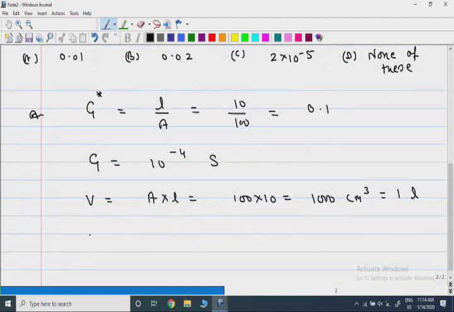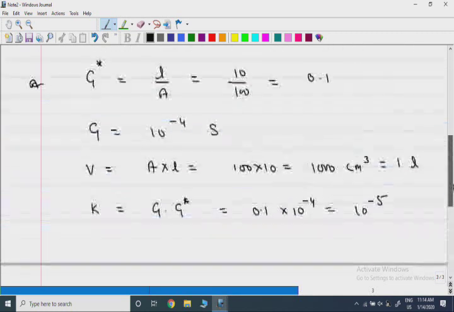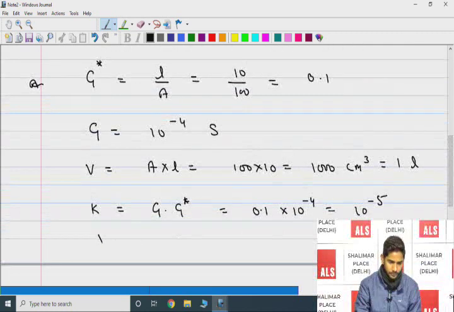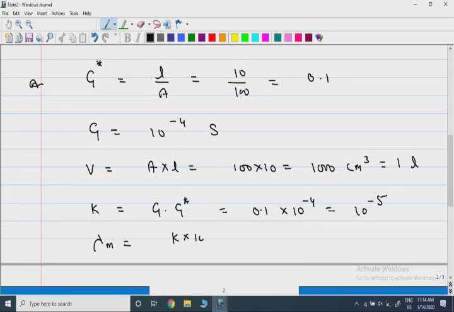Now simply calculate the kappa, which is G into G star. 0.1 into 10 to the power minus 4, which is nothing but 10 to the power minus 5. Now simply put these values and we will have the solution. Lambda m is equal to kappa into 1000